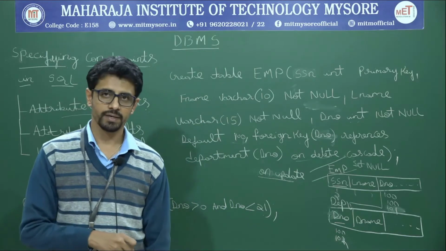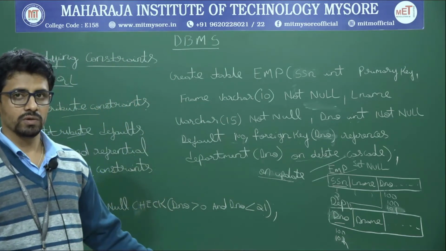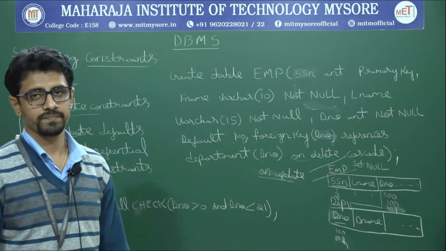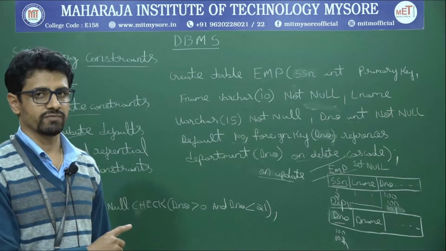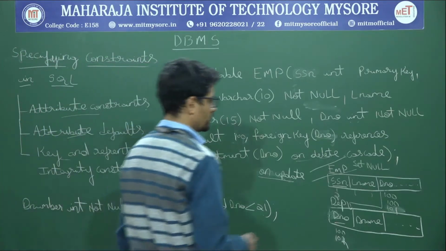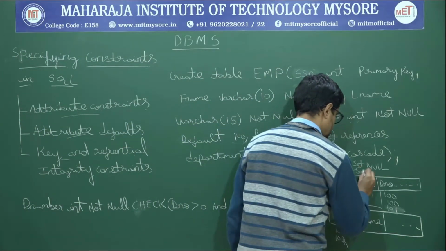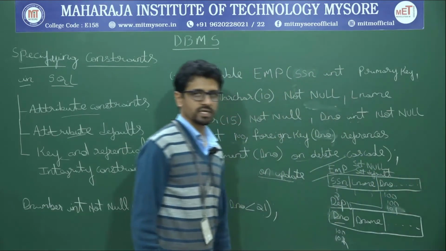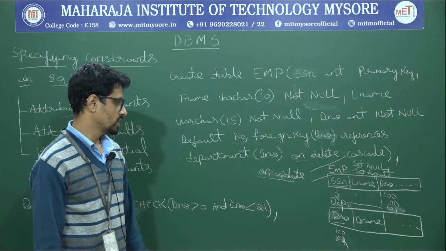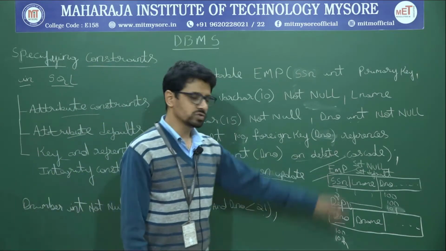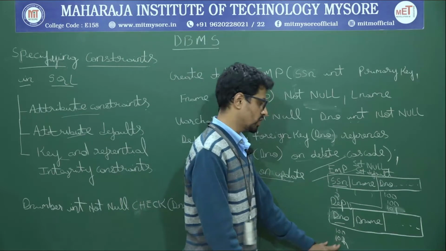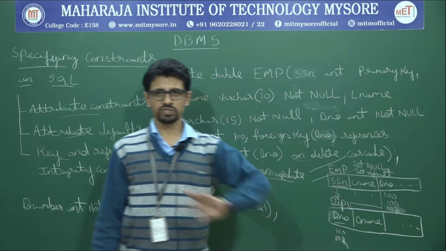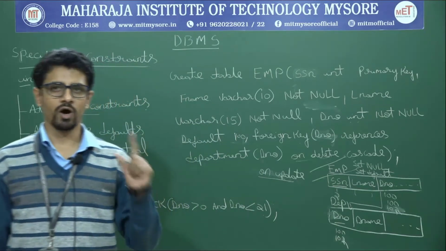Either I can update the primary key value, and the same thing has to be replicated in the foreign key table, in the sense that you use cascade. Normally we use cascade for it, or else we can have set null, or set default is also possible. Normally in case of update we use cascade, because when it is 102, I want this to be changed to 102. Okay, so these are the three things, that is on delete, on update.